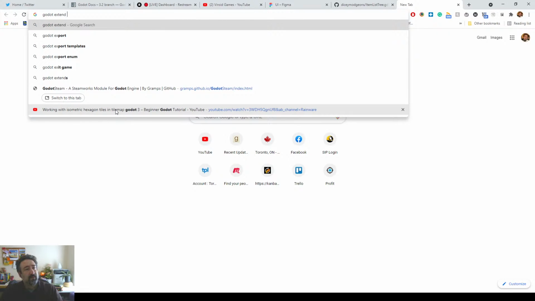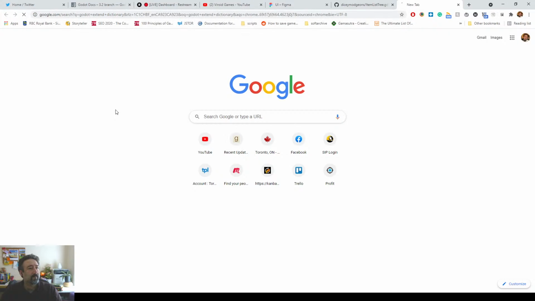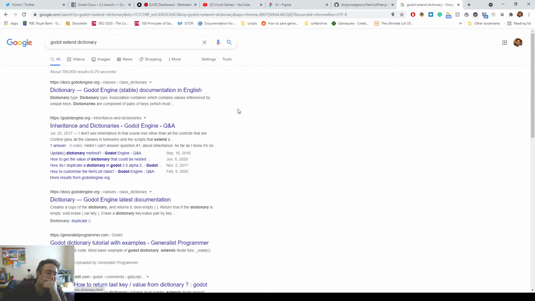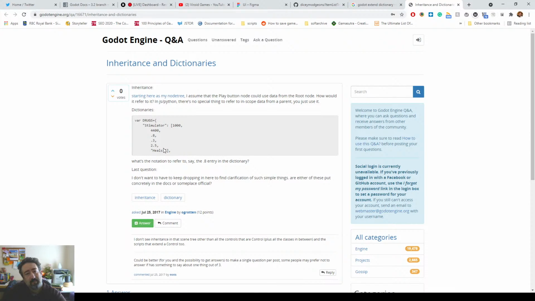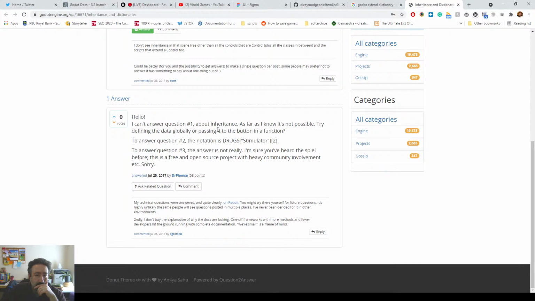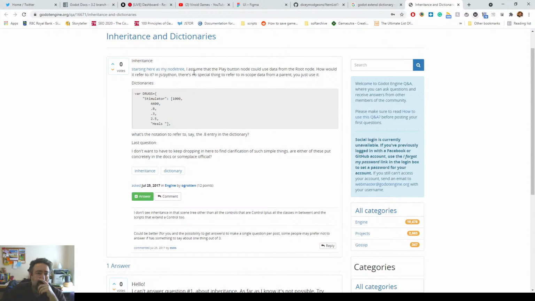Godot extends for GDScript, inheritance and dictionary. It may not be possible, so that would suck. I can't answer question number one. Question number one is